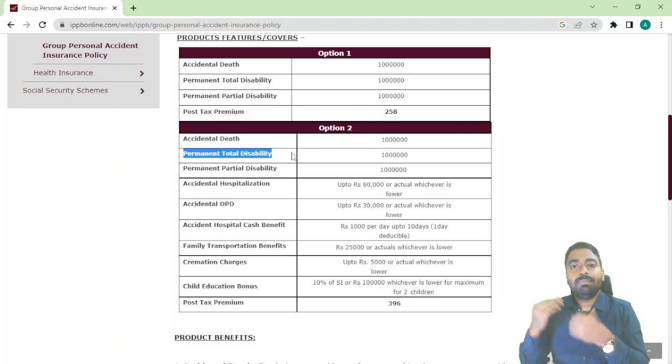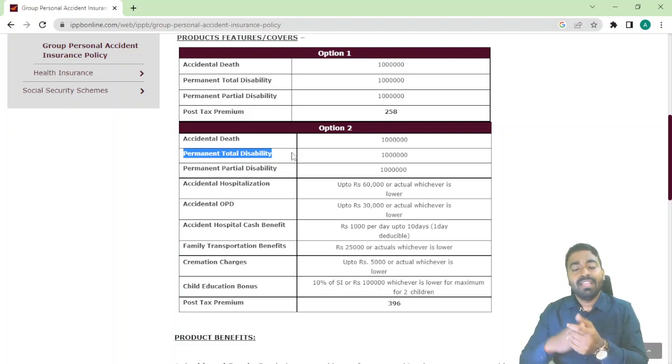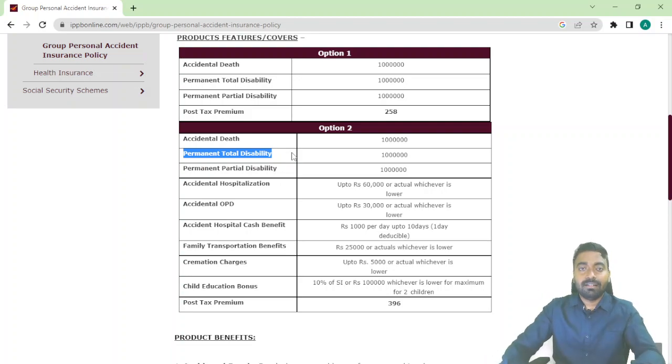Take the example, one person faced an accident and due to that he lost 2 legs or 2 hands or he lost his eye also. In these cases, this person will not be able to work properly in a normal manner. So due to that, he is getting a benefit of around 10 lakh rupees. That means if the person faces an accident and loses his leg, in such a case also the company, the post office, is going to pay you 10 lakh